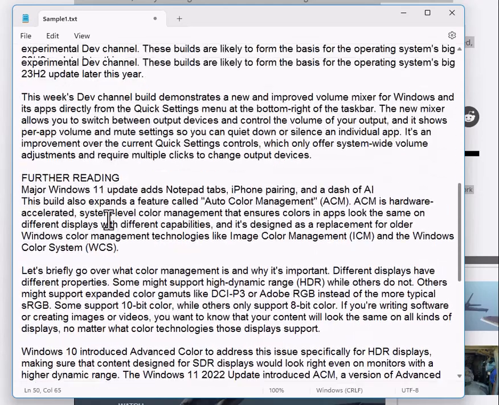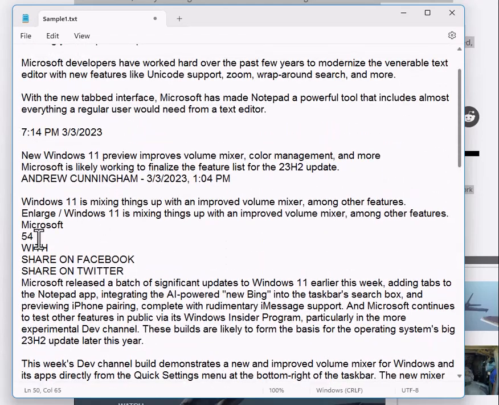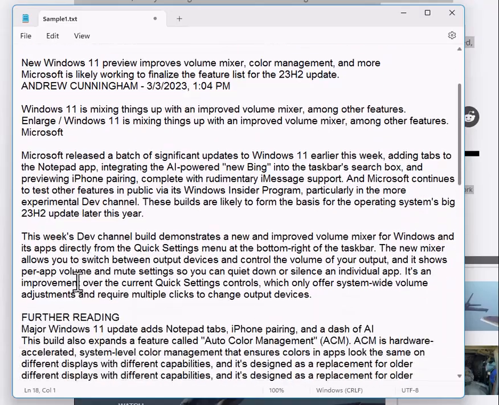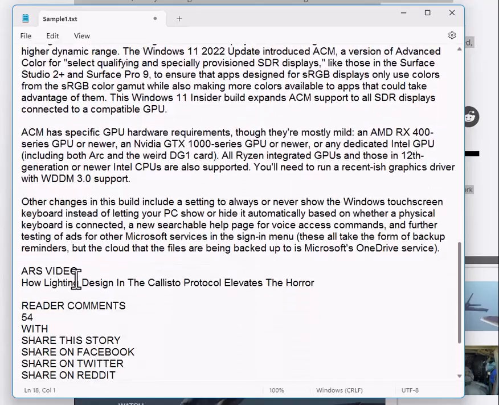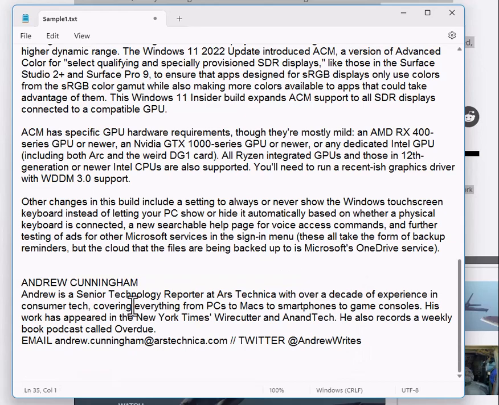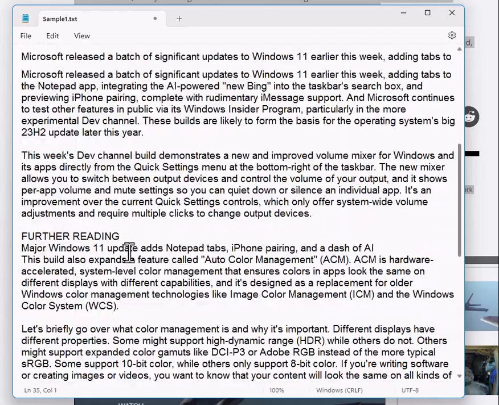Then you can go back in and you can edit some things out of here that you don't need, that were headlines or possibly a caption under a picture that you didn't want. Here's something we don't need again, and all of this. And then there was a bio of the article's author. And I can